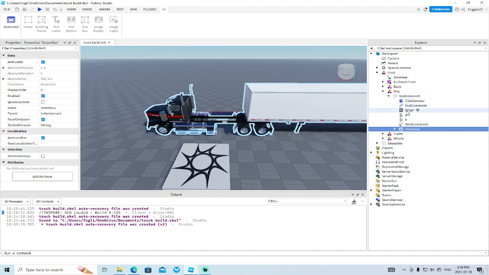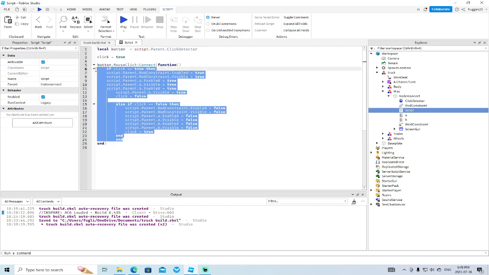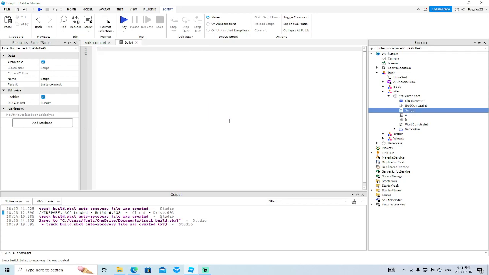Okay, and then what we're going to do is we're going to change this script here. Because right now, when we press the button, it'll disconnect the trailer. What we want it to do is we want it to clone this screen UI into our